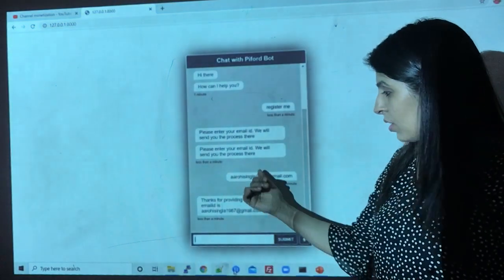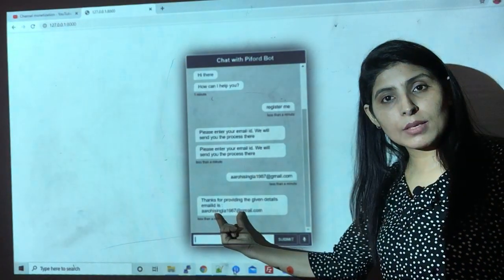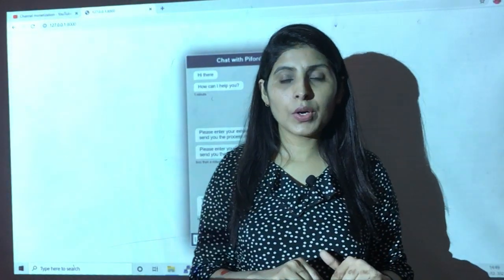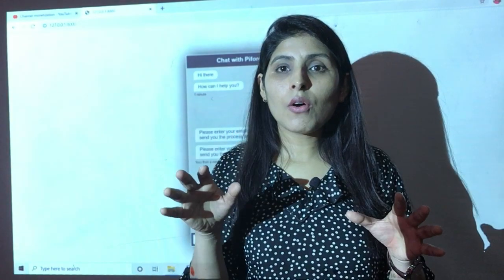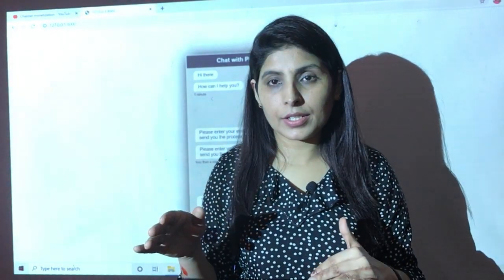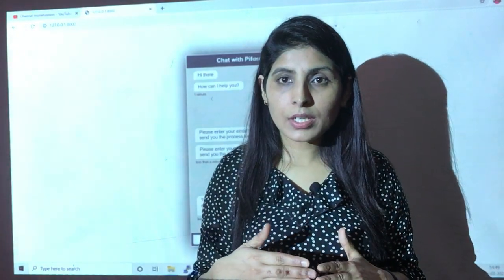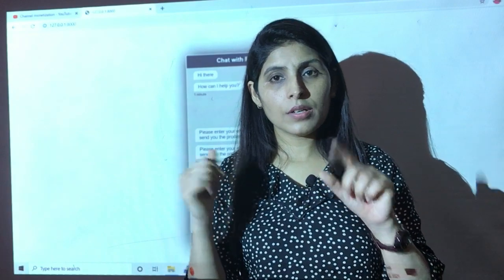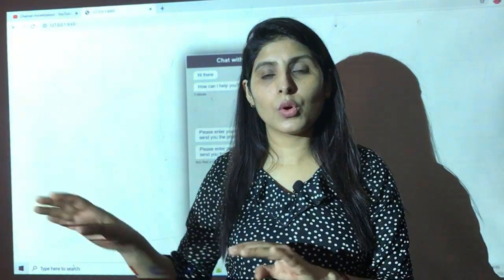And now the chatbot is saying, thank you for providing your information, and then it is showing me my email ID back. So what just happened over here is the chatbot asked the user to provide some details. Okay, so how can we perform this kind of functionality? This can be done with the help of slots. All right, now what we are using over here is a form to fill information, and we are taking information from the user using slots. So this is the functionality which I am going to show today.